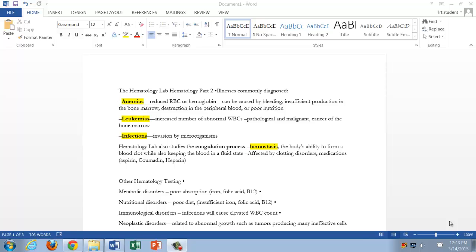Anemias are where there aren't enough red blood cells, so the numbers are decreased from the normal range. So maybe we've been bleeding. Or you know that these are made in the bone marrow. Maybe the bone marrow isn't making enough. So maybe the doctor has to look for signs of bleeding, or he or she has to look for problems